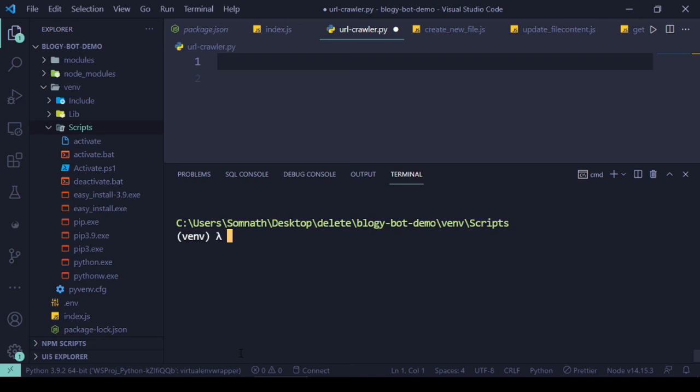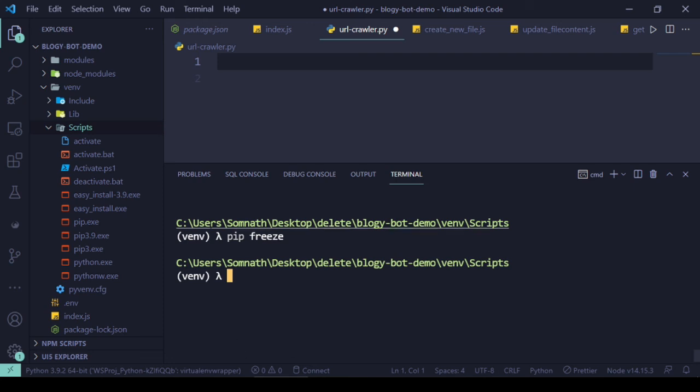It's clear. Why do you want to do that? Whatever dependent libraries I'll need for this web scraping Python code development, I don't want those installations to be installed globally. Rather, I want those things to be installed within this virtual environment. So let's see what actually is inside this virtual environment now, and it says nothing. So nothing is installed actually. It's completely free. No libraries are installed within this virtual environment.